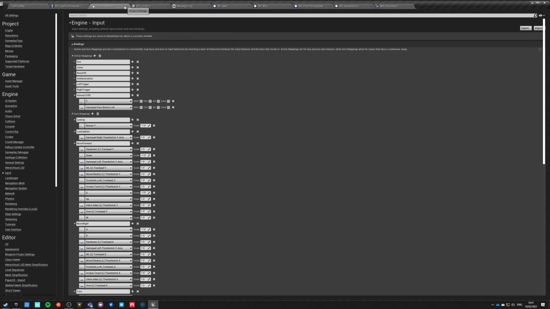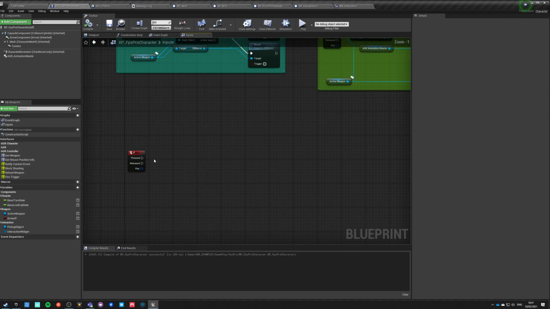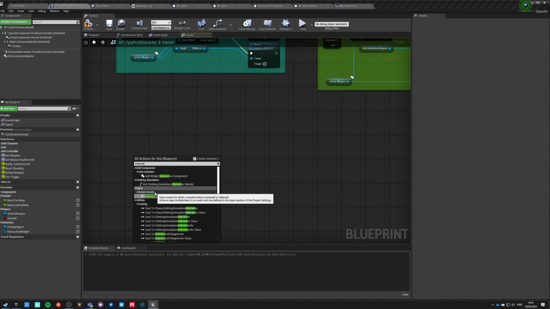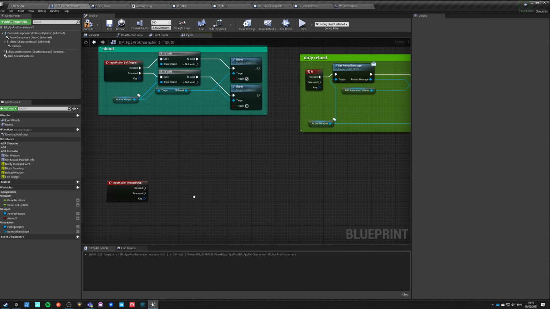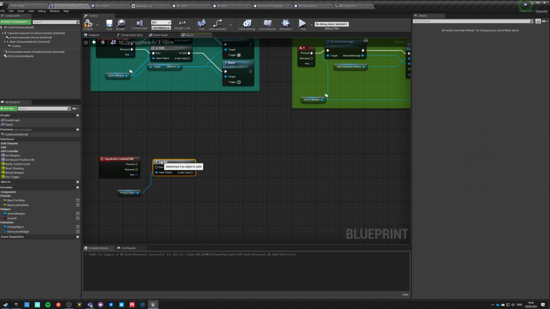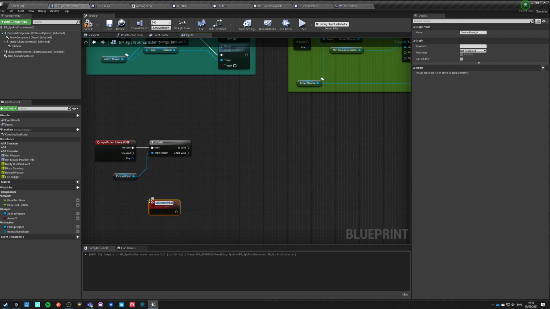Okay, F, so we don't have to do F, instead interact use, and we got this action event, which is just an input. So on this, what we want to do is check if our pickup object is valid. If it is valid, then we want to do a custom event, and this custom event will be server interact.